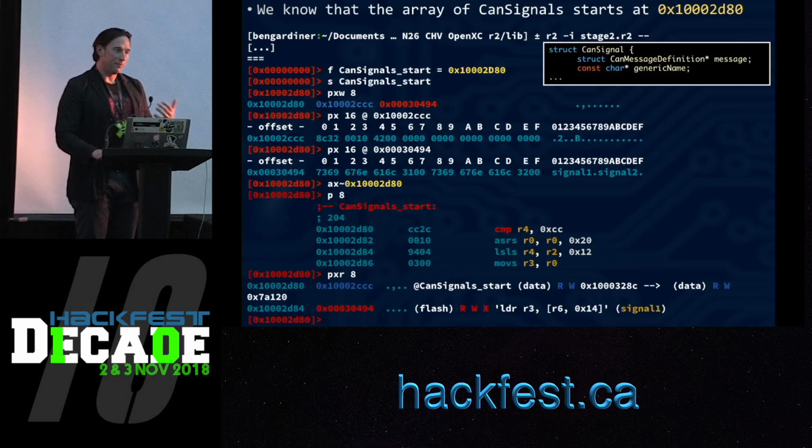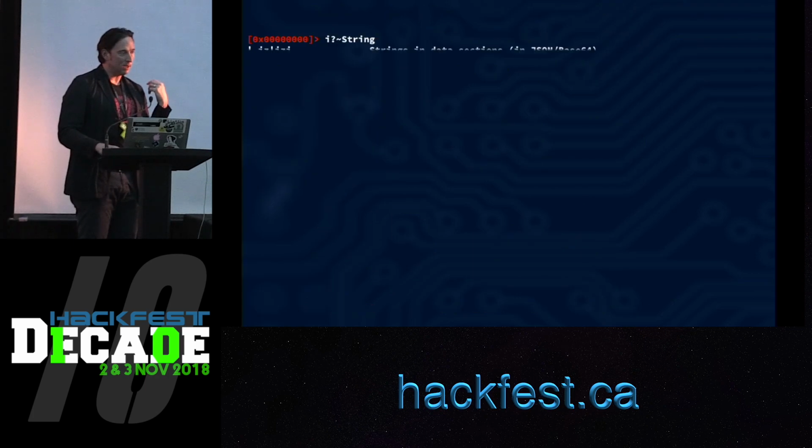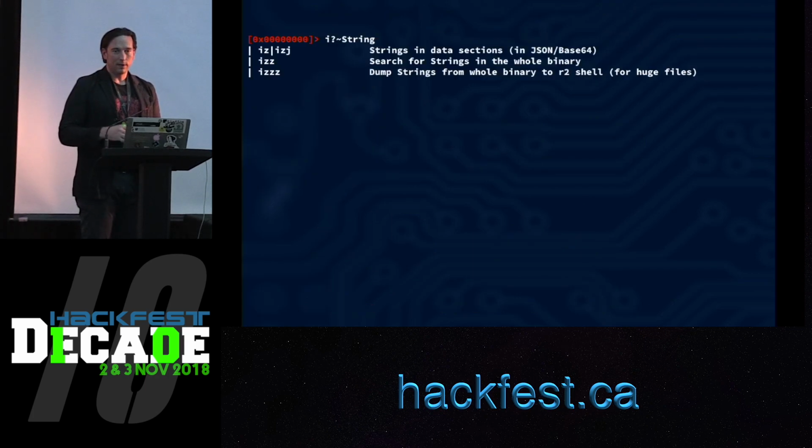Okay. So the final problem is strings. There's an I command for information. One of the things I like to do if I don't remember a command is this. I will put the command category, then the question mark, and then I'll grep for something. So I couldn't remember what strings was, so I said, okay, information, question mark is the help for that, and then I want to grep the output of the help for the word string. And now all of a sudden I remember that the string command is IZ or IZJ or IZZ or IZZZZ. And that's a common pattern too, where you just repeat a letter and it gets more detailed. And of course I run IZ on the binary because I want to see signal 1 and signal 2,